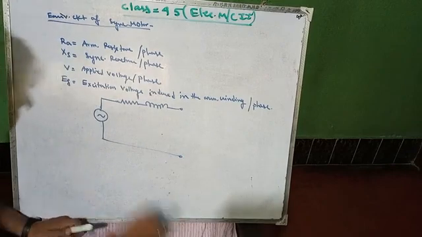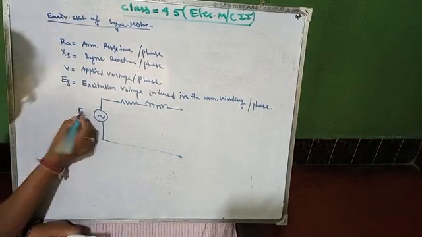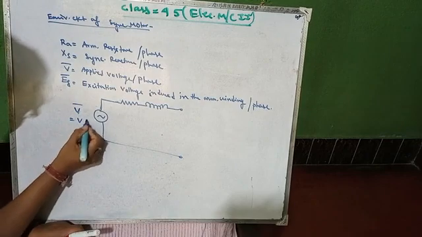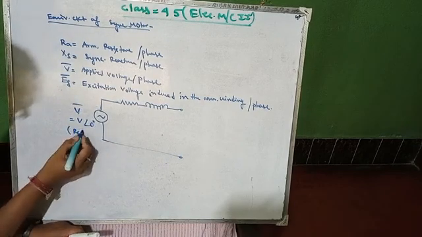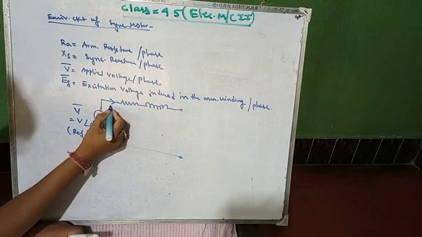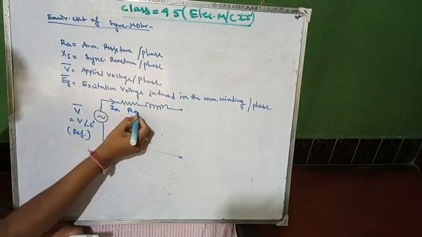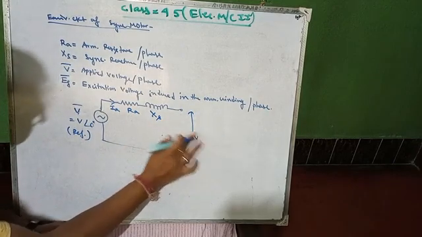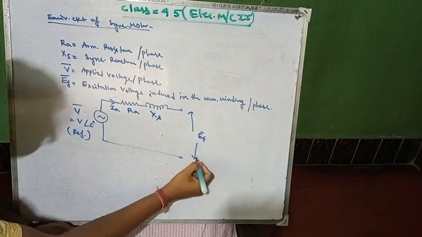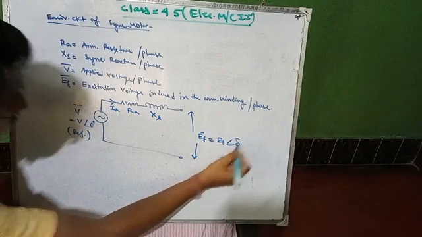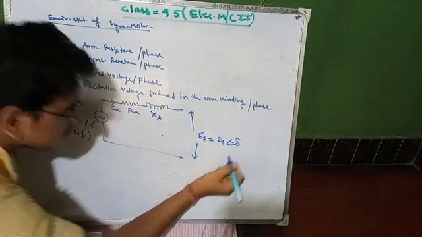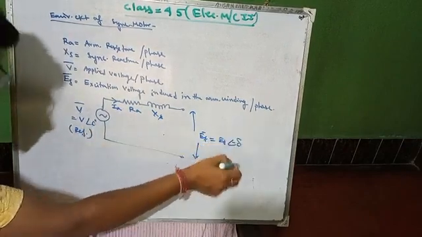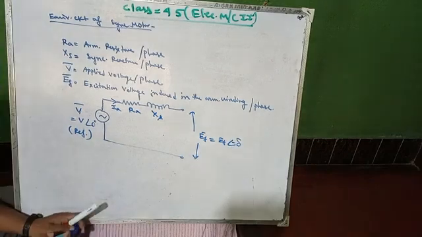Here this is the input side. The input side is V phasor, and these are all phasor values. V phasor equals V angle 0 degree, take it as reference. The armature current IA is flowing through RA and XS. This is the armature terminal, that is phasor EF, which equals EF angle minus del, as this EF is lagging behind the voltage by some acute angle del.